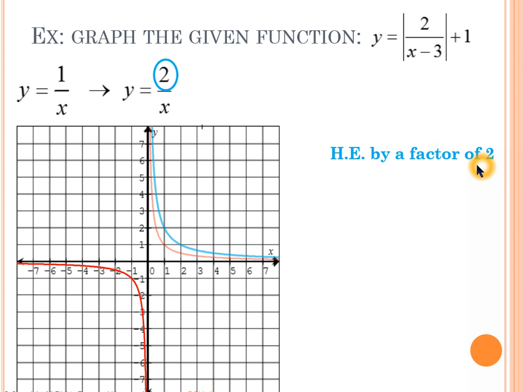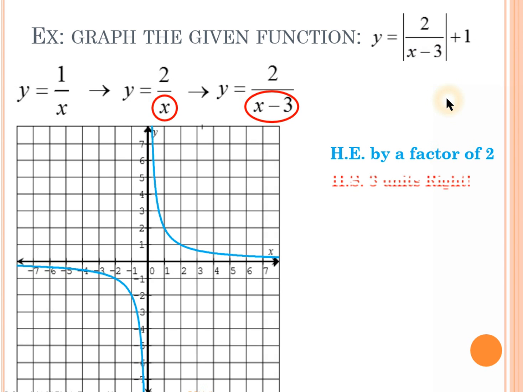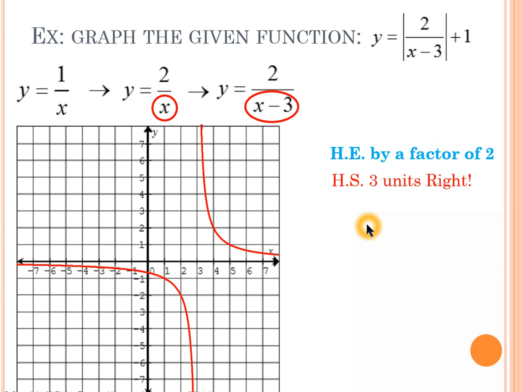All right, so there it is. I apply that. And then I would take x minus 3. So now I'm shifting the graph 3 units to the right. All right, so a horizontal shift of 3 units to the right. So let's do that. I'm going to shift it over 3 units to the right. And then I'm going to take the